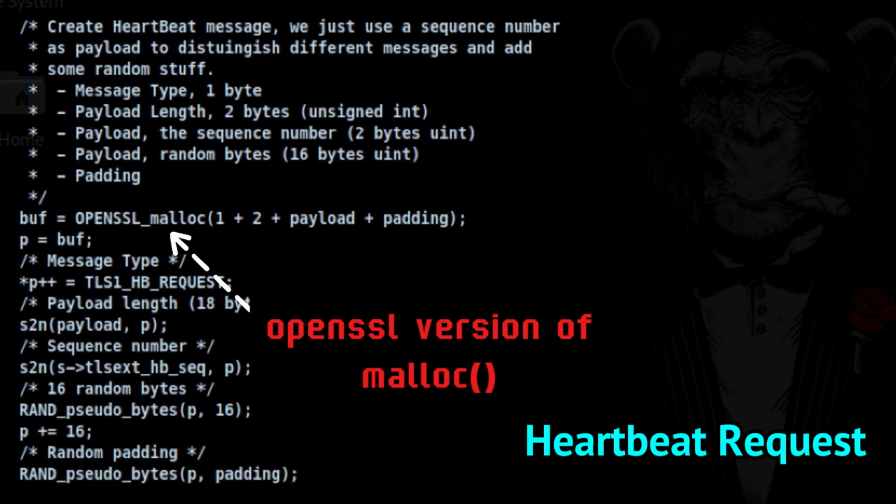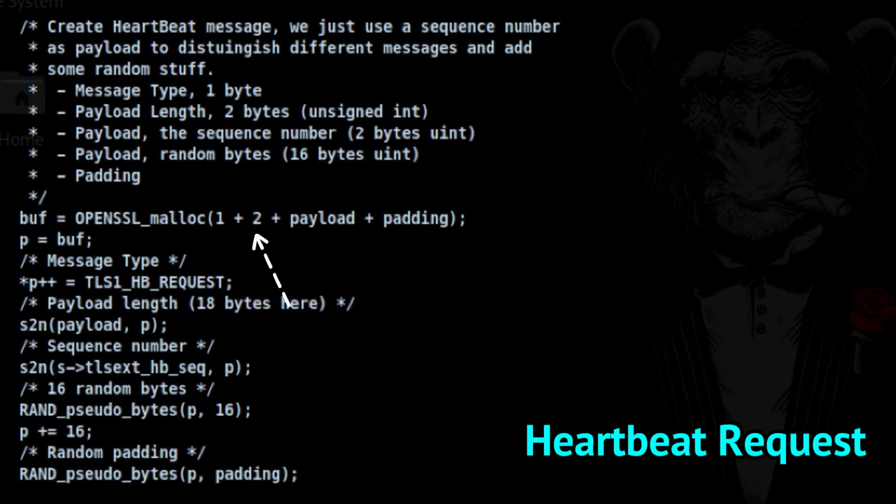First, it allocates a certain amount of memory space during runtime: 1 byte for the message type, 2 bytes for the payload length. Next is the actual payload. The last one is the padding, which is another 16 bytes of random data. As of now, you won't see anything unusual. The code seems harmless. But let's see what happens when we take a peek at the code that provides the heartbeat